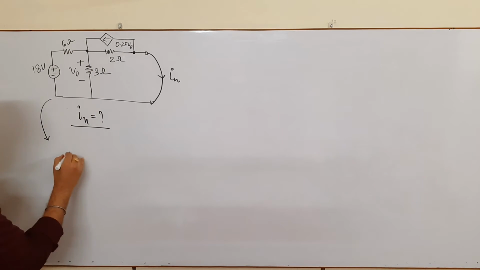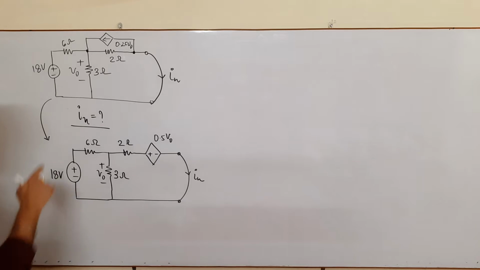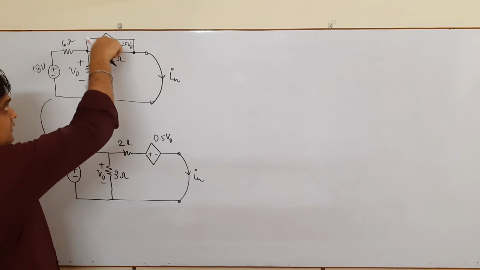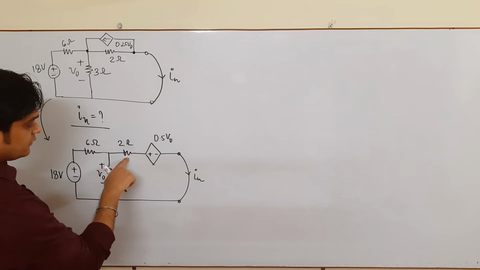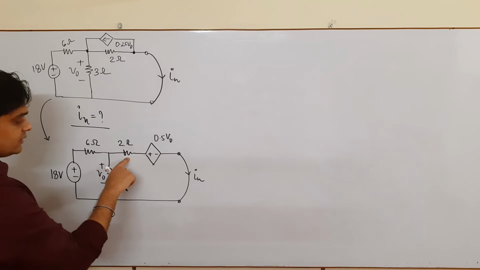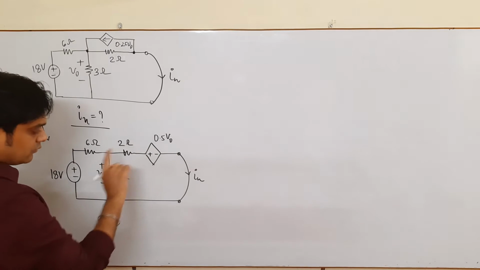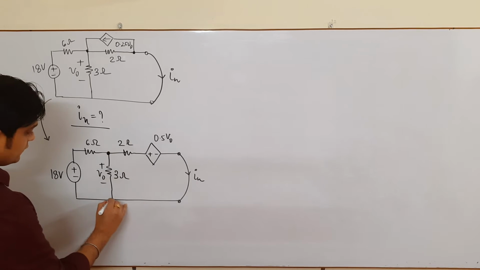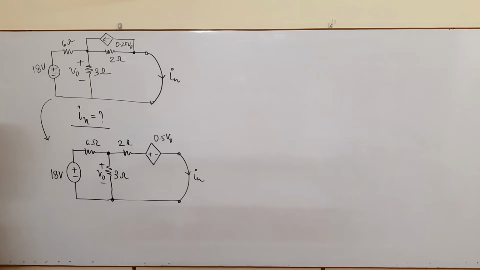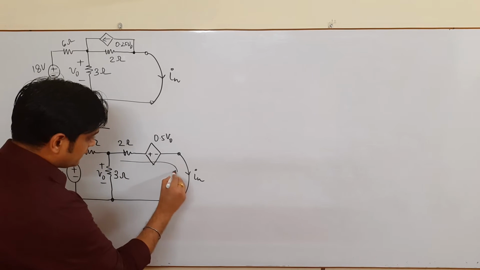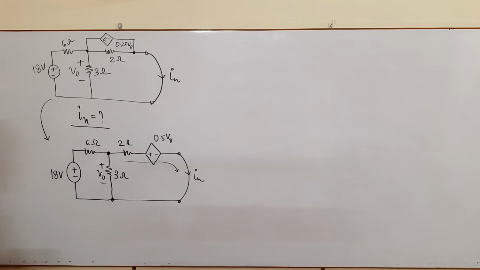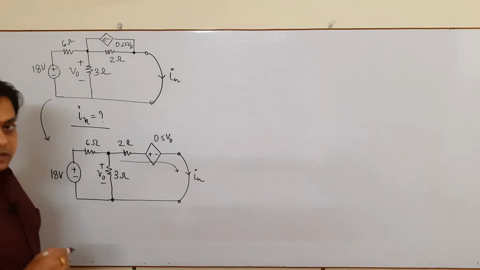Again we apply a source transformation. So now what I have done, I have just redrawn this network by source transforming these two values. So it means this current source in parallel with this resistance is converted into a voltage source in series with this resistance. Either you can place resistance before the source or after the source, nothing will happen. Okay, so don't confuse with that. And here the voltage between these two nodes is what? It is V naught. Okay, so you can say that IN is the current which is flowing in this manner in this branch. Yes, because from here to here the current flowing is what? That is the IN, that is your Norton's short circuit current.